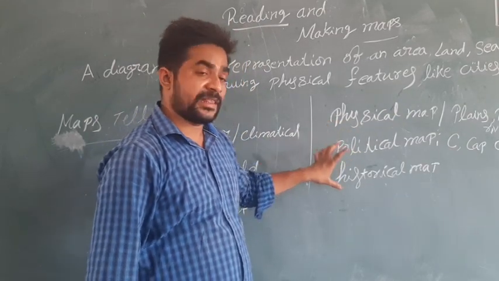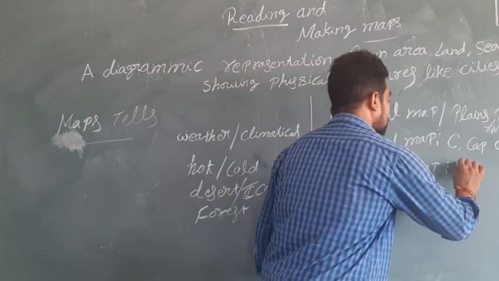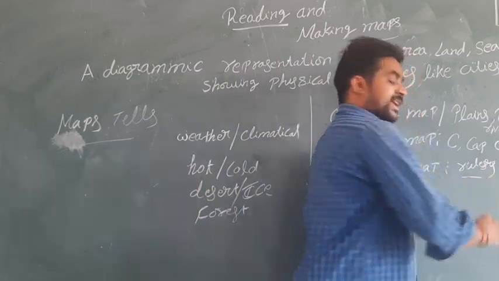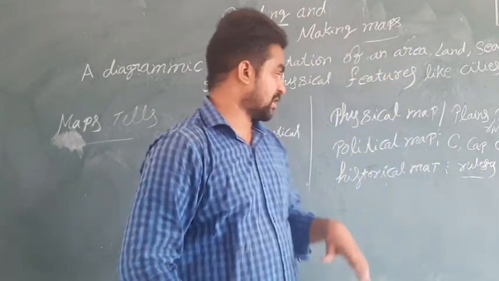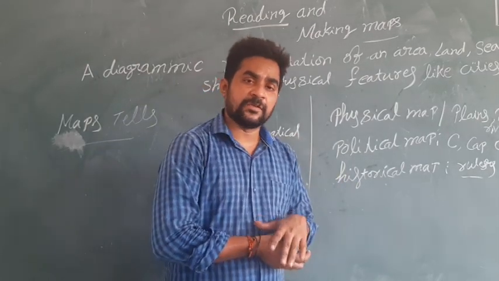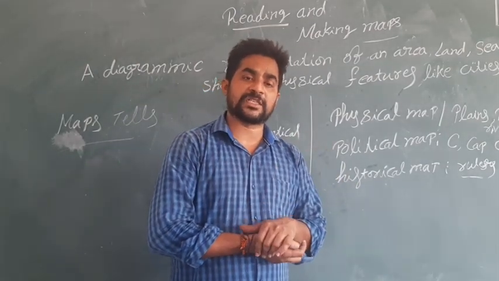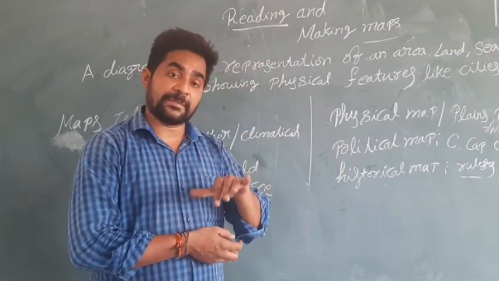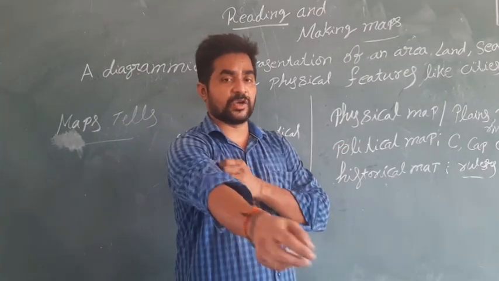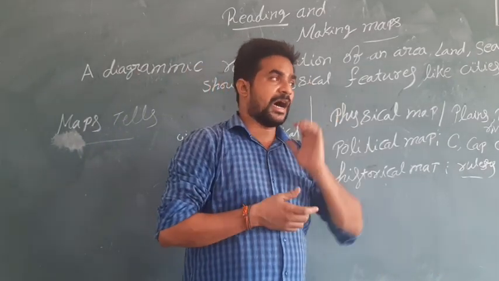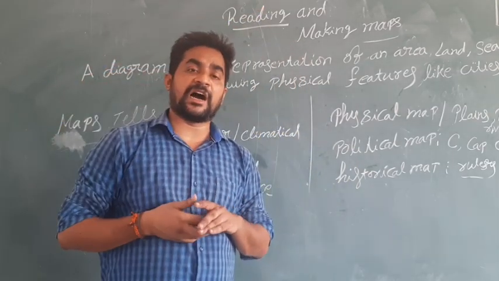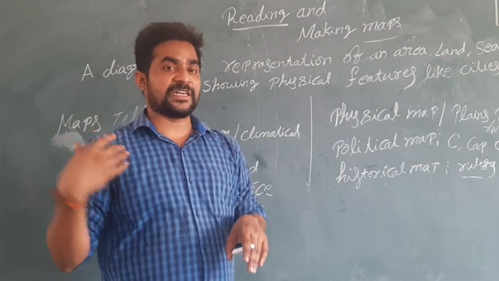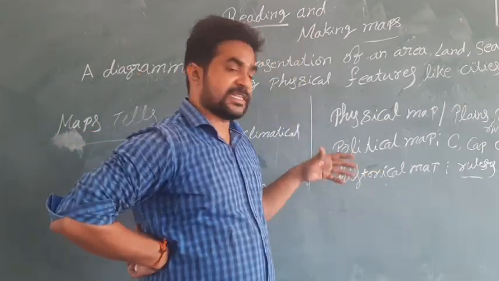Next, the historical map shows the rulers who ruled countries like India or China or any country. Historical maps show how many places or how much area the previous rulers controlled. For example, Akbar ruled from northern India, almost to Afghanistan and some other Arabian countries, to even the southern part, a long distance. So that is a historical map.